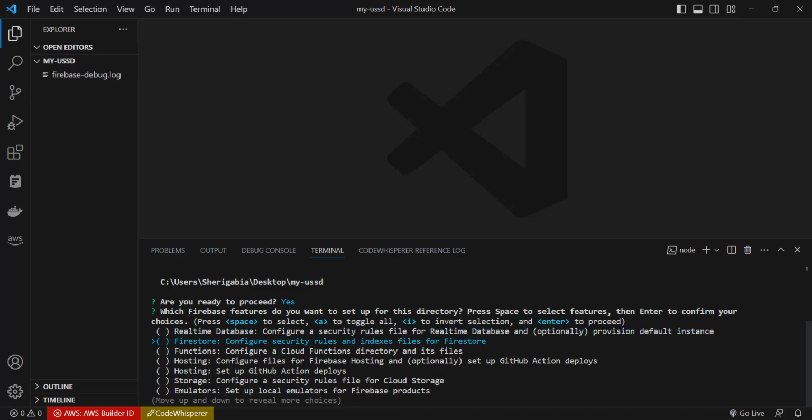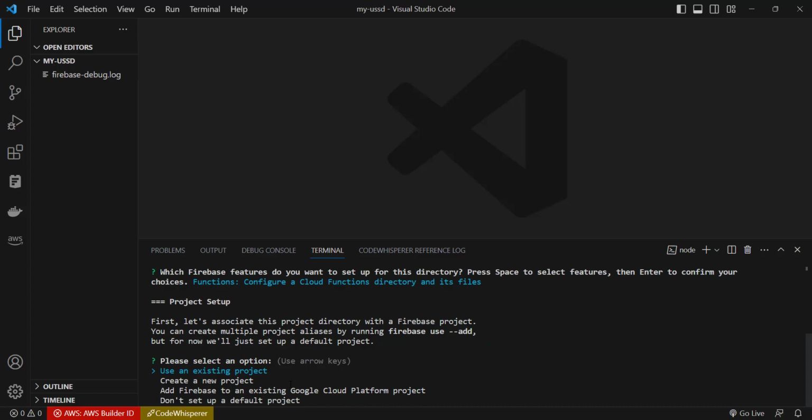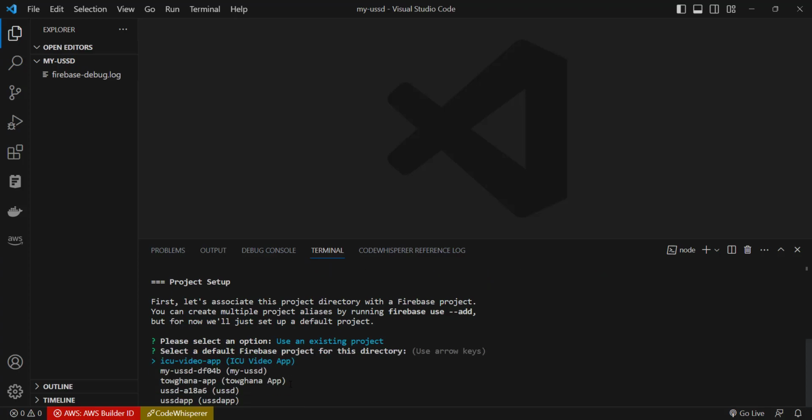So the one that we are going to use is just functions. Functions is the only one that we are going to use. We click on it, and then we are going to select an existing project. So select an existing project, and then the name of that project is my USSD. Use the arrow keys to move up, space to select, and then enter to select that application. So click on enter,